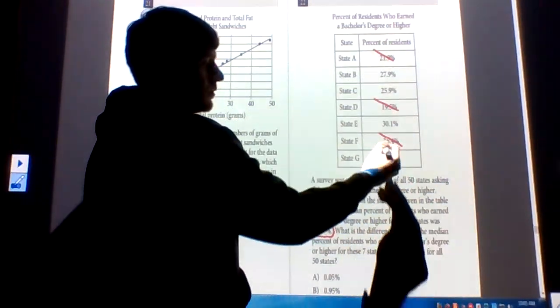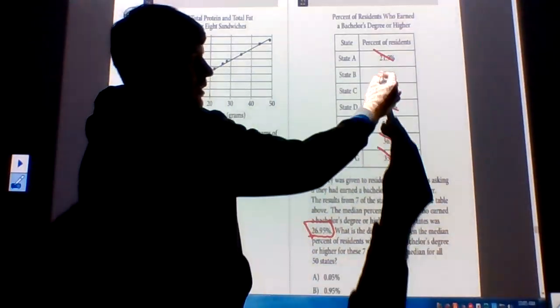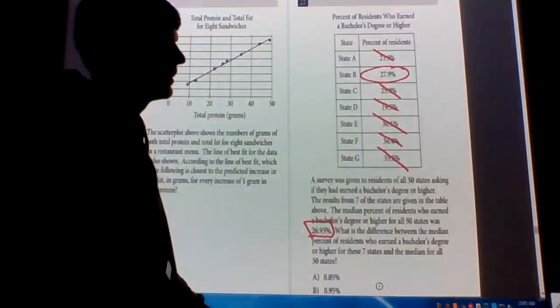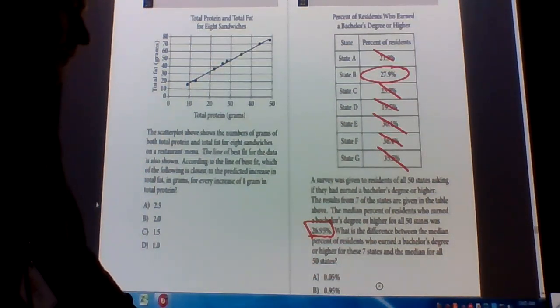So I'm going to knock those off. And then the next smallest and the next largest are there. So the median for this data is 27.9. That's the middle number. Okay, and they want to know what is the difference between the median